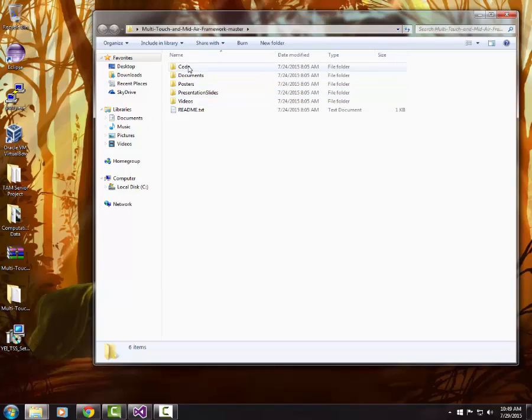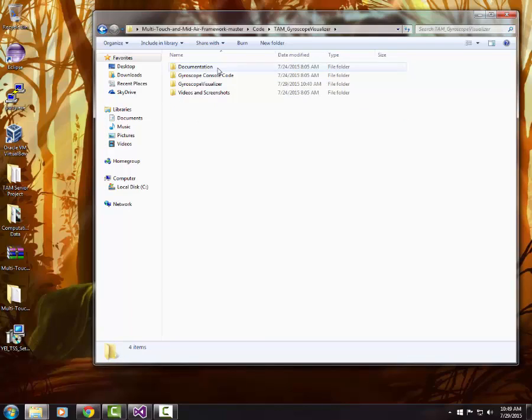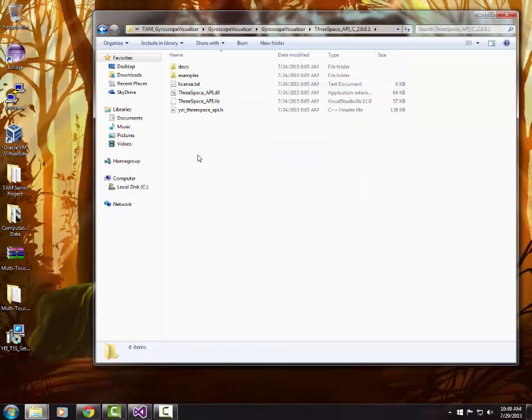So let's go back to Code. Let's go to the TAM Gyroscope Visualizer. Let's go to Gyroscope Visualizer. And here now, where the solution is, we'll also go further in to another folder called Gyroscope Visualizer. And here we see the 3-space API that I mentioned. I've included it in the project so that it's easy to start up. Let's go into this folder and find the 3-space API.dll. Copy that file